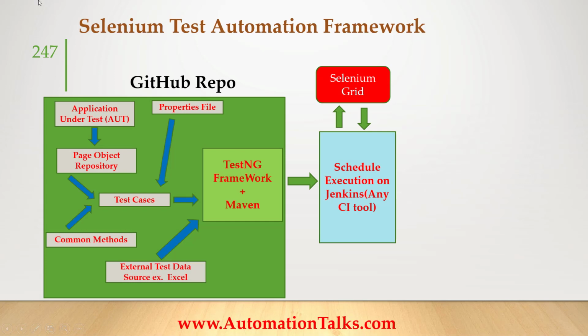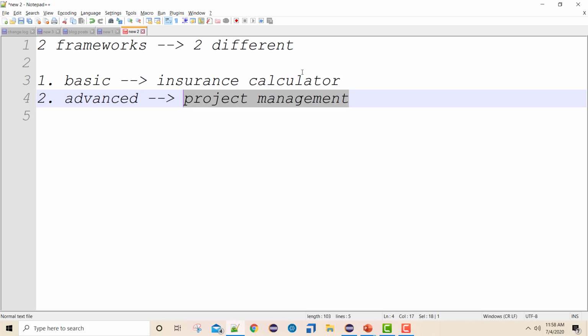So whenever we trigger any test cases, let's say schedule it from Jenkins, it will read the code from GitHub, clone it into the Jenkins server, and from there, it will execute the test cases, whether one by one or in parallel execution, however we are scheduling. Okay, and in real time, ideally the execution should happen on Selenium Grid.